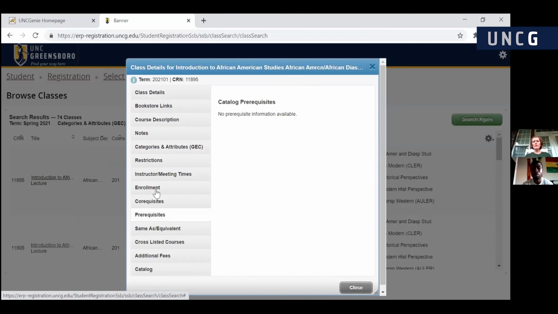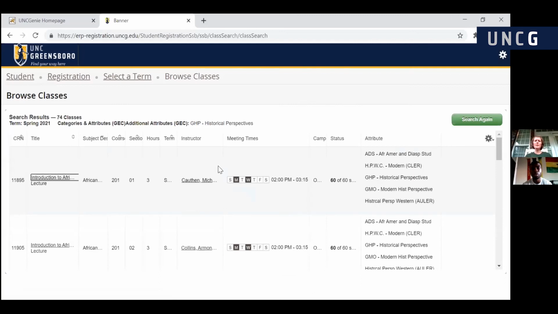You can see if a course has a prerequisite, or, like scuba diving, for example, which is offered in the kinesiology department, that course has additional fees because you've got to have the equipment to learn how to scuba dive. So, putting a plug in for some of those activity or PE courses that are offered by the kinesiology department there. Just know that there's a lot of information that's already out there.